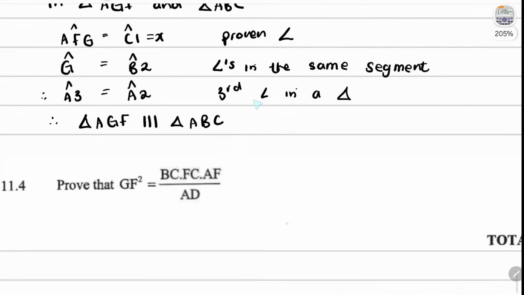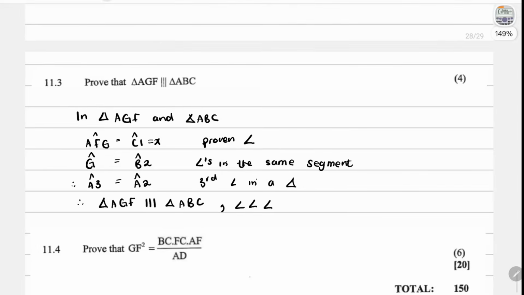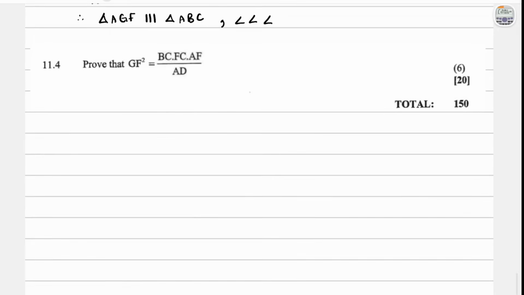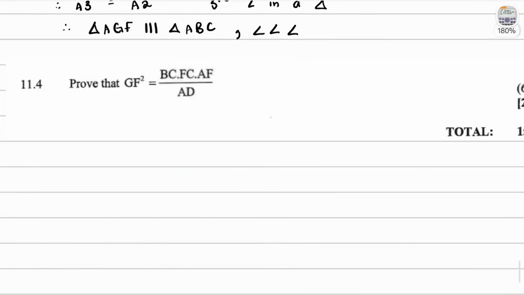And done. And the reason is because we have three corresponding angles being equal. Angle, angle, angle. Okay, so that is it for 11.3. And then we move on to the last question, 11.4. Okay, we are finally on the last question 11.4, which says, prove that GF squared is equal to BC times